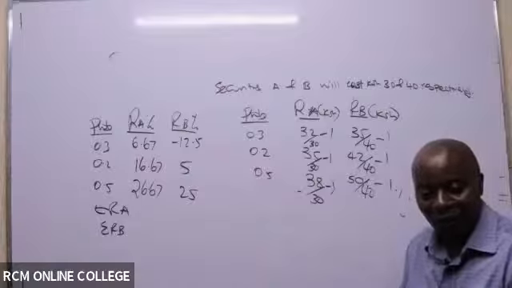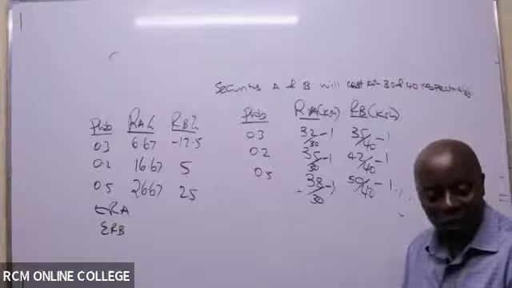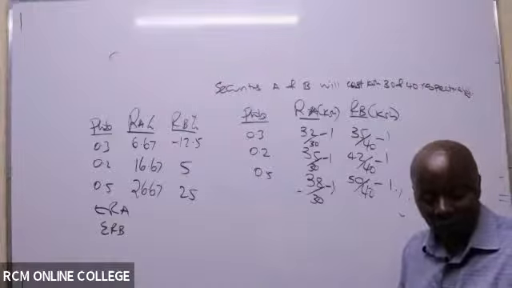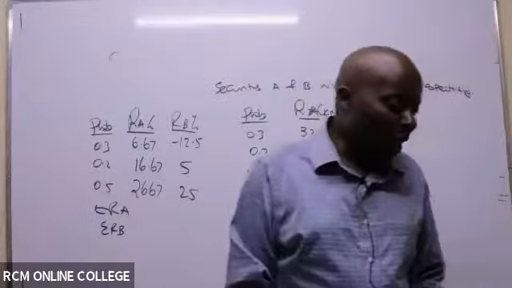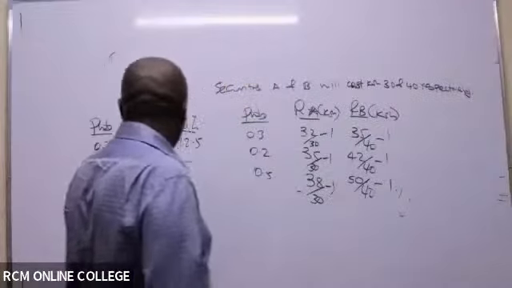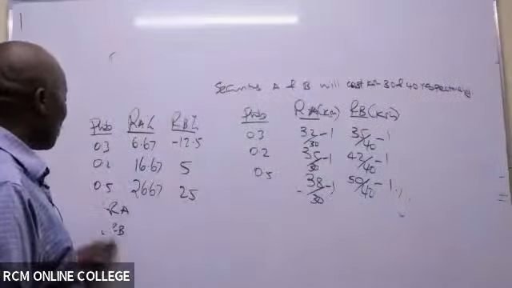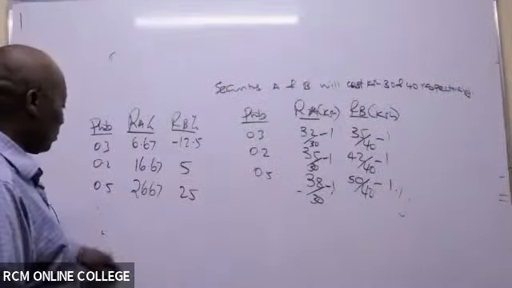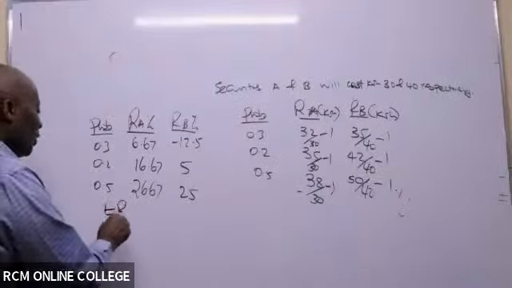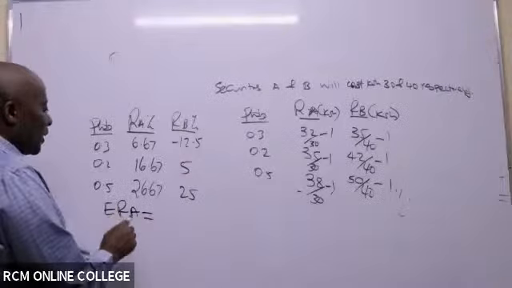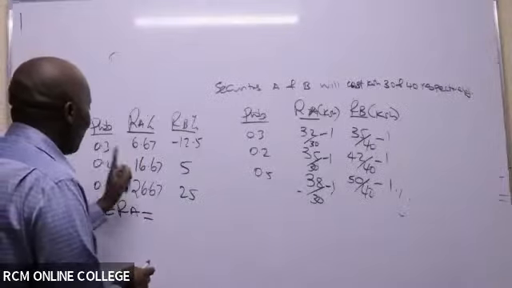Oh, let me try the correlation coefficient. If you want me to try the correlation coefficient, then first of all I'll give you the covariance. For me to give you the covariance, you have to give me these expected returns. There is no other way. Give me these expected returns on A.